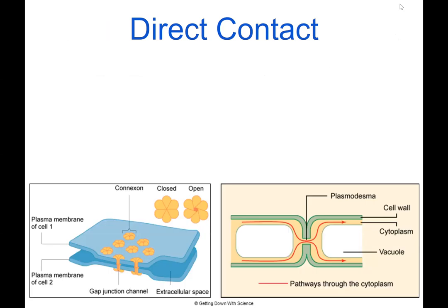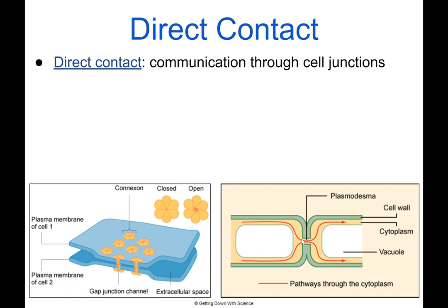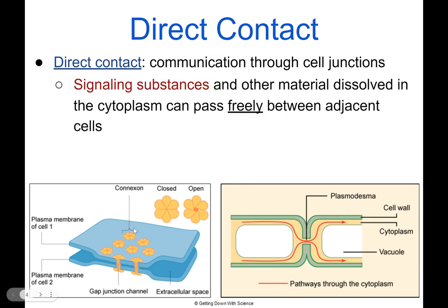So first we talk about direct contact. And you can see by the pictures here that what we're talking about is almost like little tunnels between cells that connect cells and allow chemicals to pass. And they can control if these little tunnels are open or closed. When we're talking about direct contact, we're talking about contact through these cell junctions where two different cells will connect with each other. And so the signaling substances, the little chemical messengers and any other necessary materials that are in the cytoplasm can actually pass from one cell into the next cell